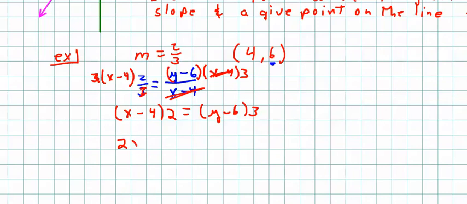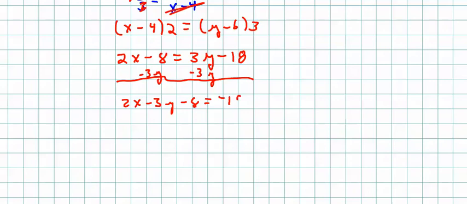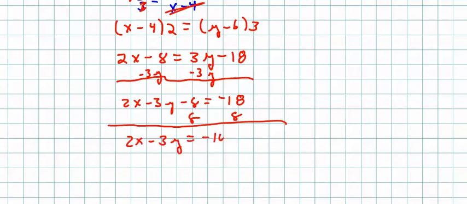So I have 2x minus 8 equals 3y minus 18. And then I just move things around. Subtract 3y. And I have 2x minus 3y minus 8 equals negative 18. Add 8. 2x minus 3y equals negative 10. And I'm done. This is the equation of the line